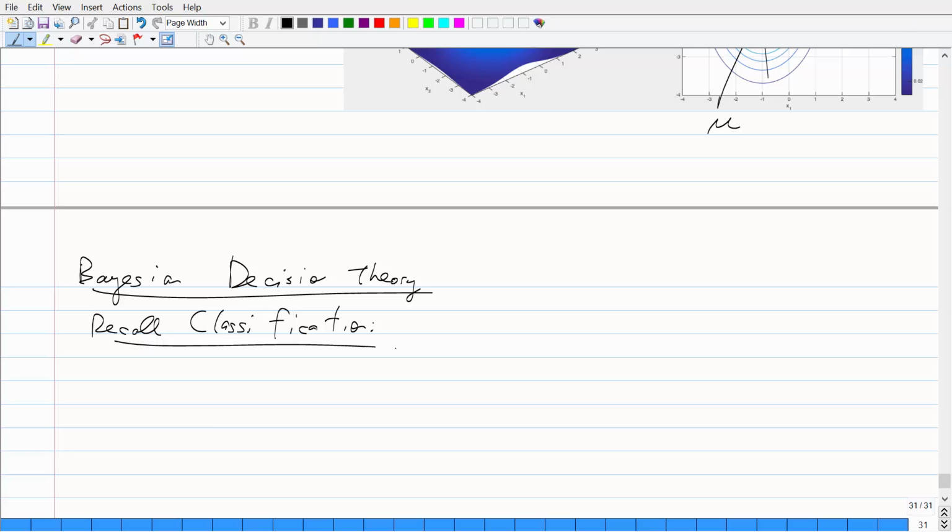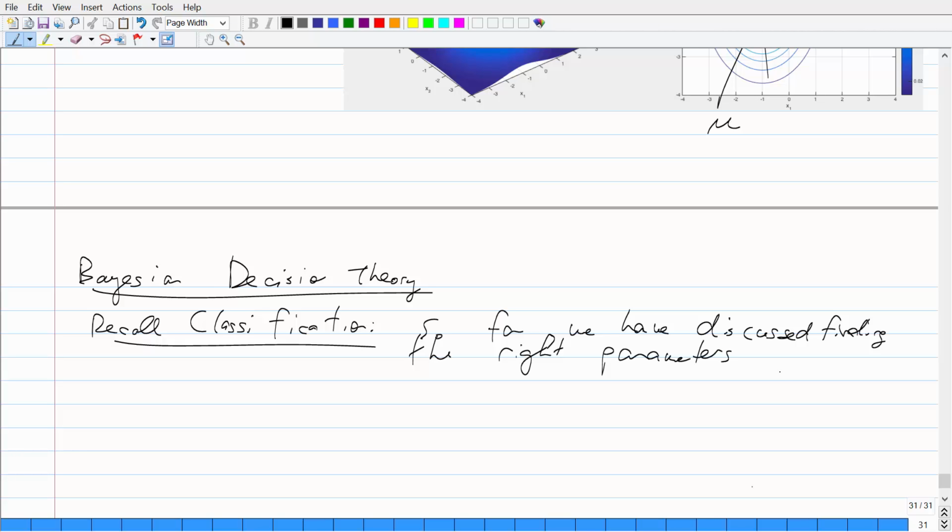That's logistic regression and classification. So far we have discussed finding the right parameters, given a training set,